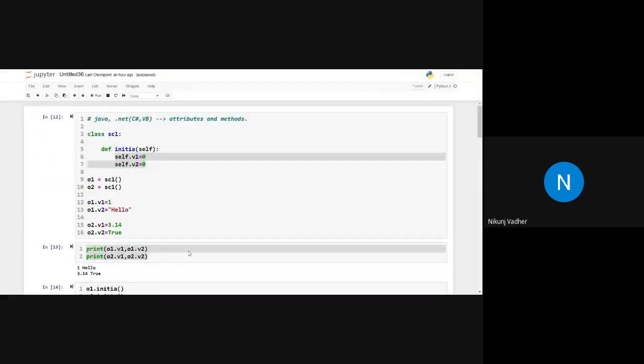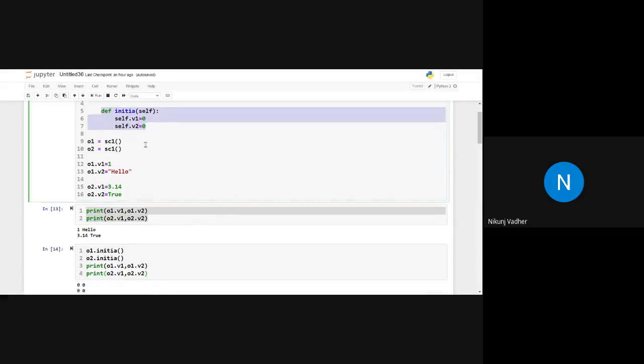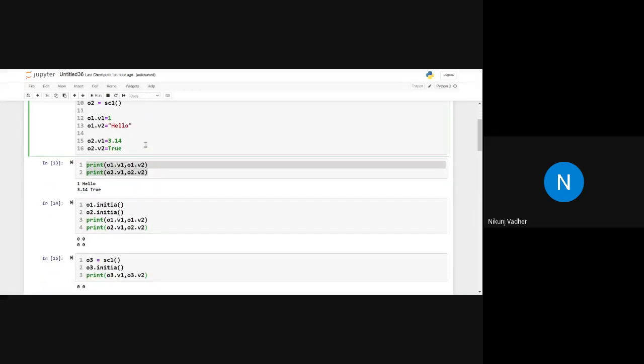We have discussed how to create an empty class, how to create the object of an empty class, and how we can assign multiple attributes to an empty class. Then we implemented a method in the empty class and discussed how we can call that method.